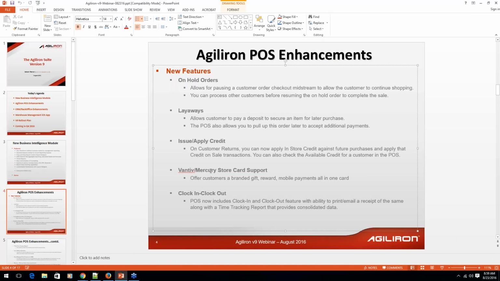The store card support. So Bantu Mercury is one of the payment processors that we support on the POS, and one of the capabilities that Mercury offers is gift cards and store cards. Store card is a pretty nice capability, similar to other store cards you may be familiar with, like a Starbucks store card, where you can essentially add value to it and use it for purchases. But the other nice thing about it is that you as a business can implement a loyalty program on that particular store card. Okay, and you can designate that, if there's $50 of purchases,